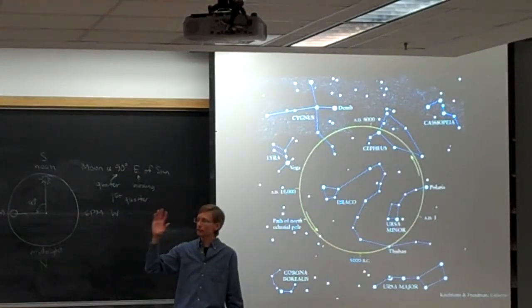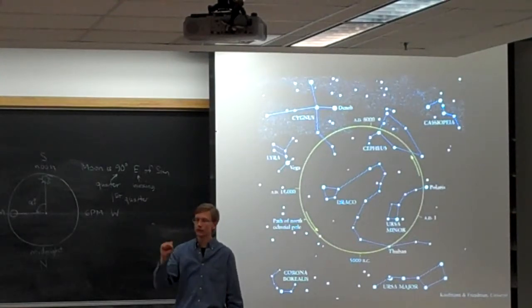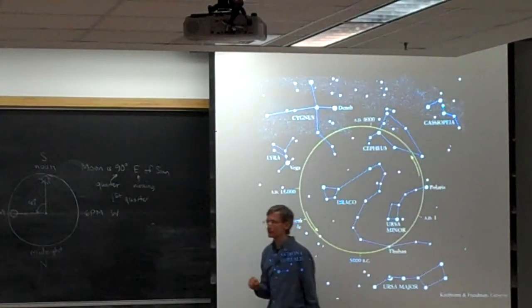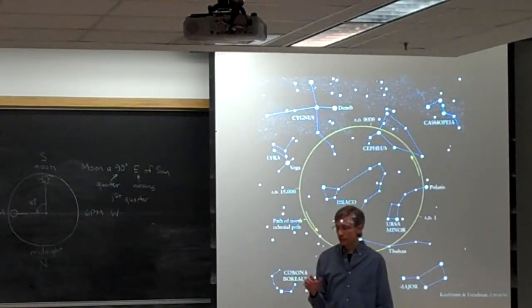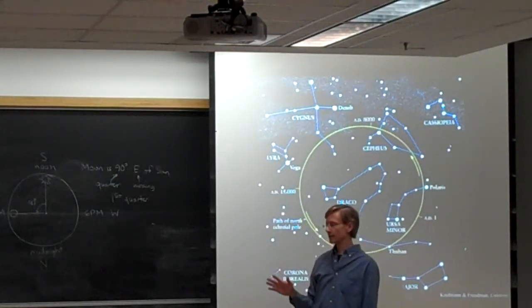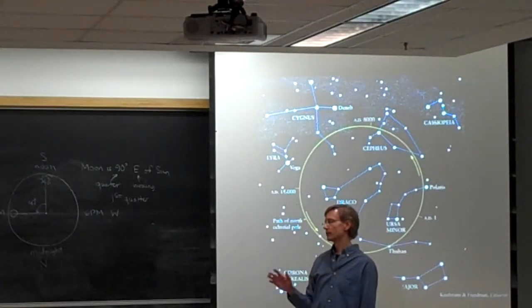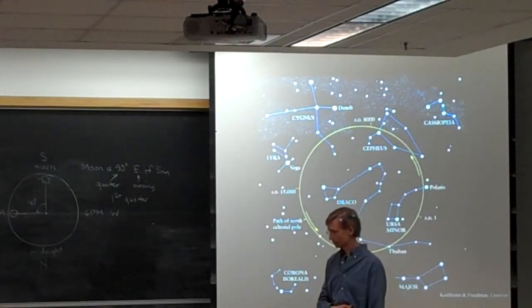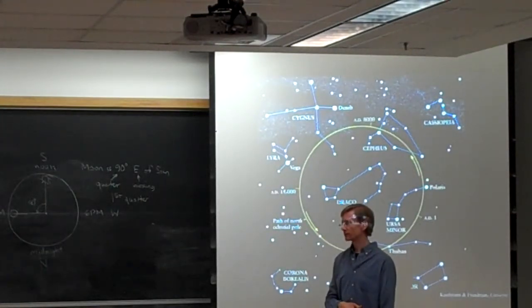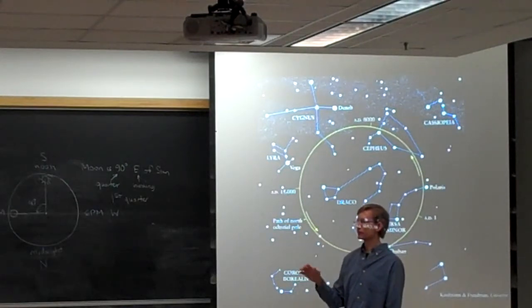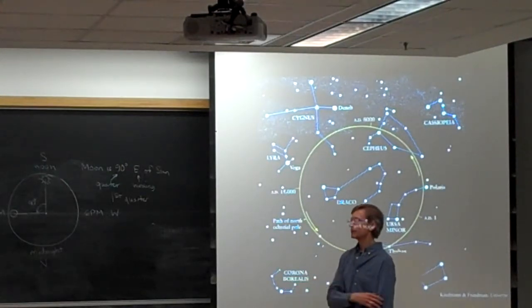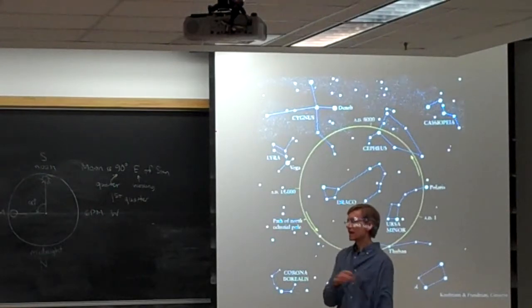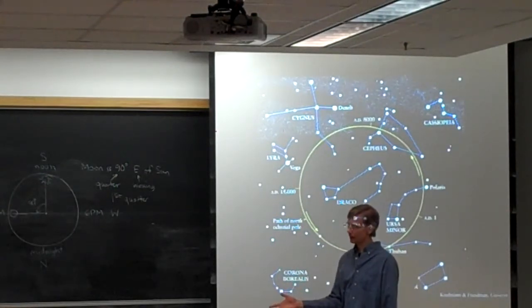So, to an awfully good approximation, the sidereal day is how long it takes the Earth to turn once on its axis with respect to the distant stars. The mean solar day is the average amount of time it takes the Sun to go from the meridian back to the meridian. And since the Earth is moving around this axis, it's turning more. That's right. So it's similar to the fact that the sidereal month and the synodic month aren't quite the same. The mean solar day is analogous to the synodic month, where